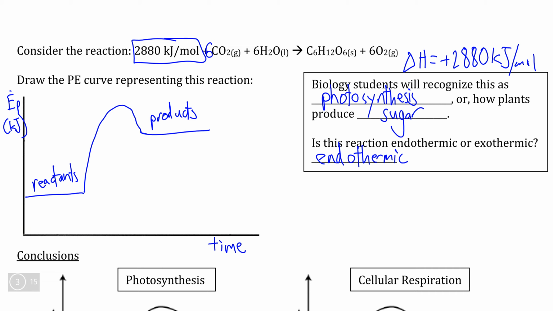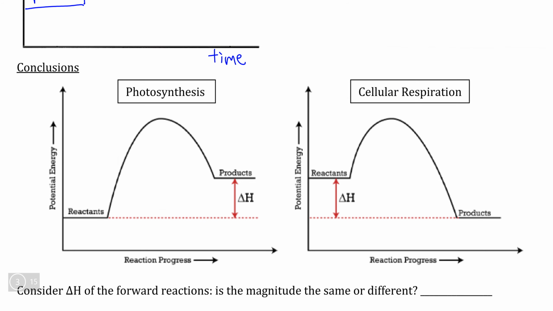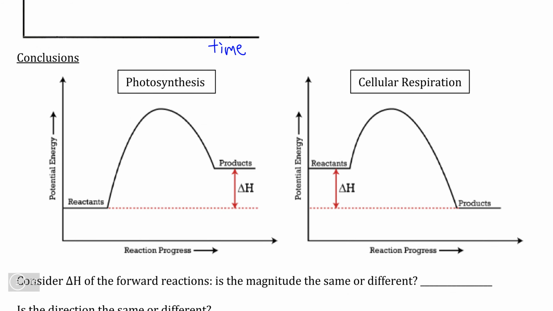Now, what we can see if we actually were to draw this graph out using a computer or something more accurate and precise than my pen here, we could see that these graphs come out as being mirror images of